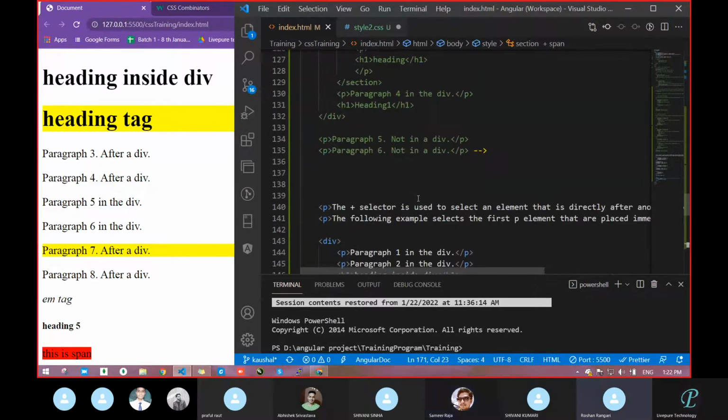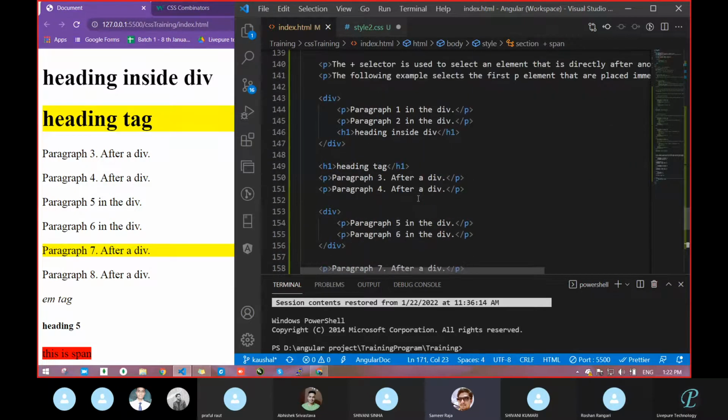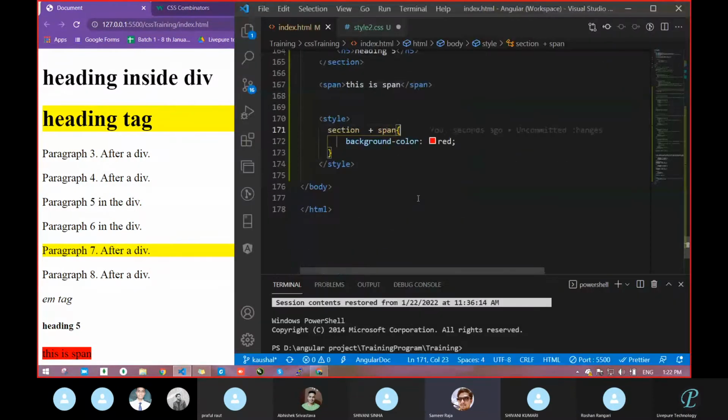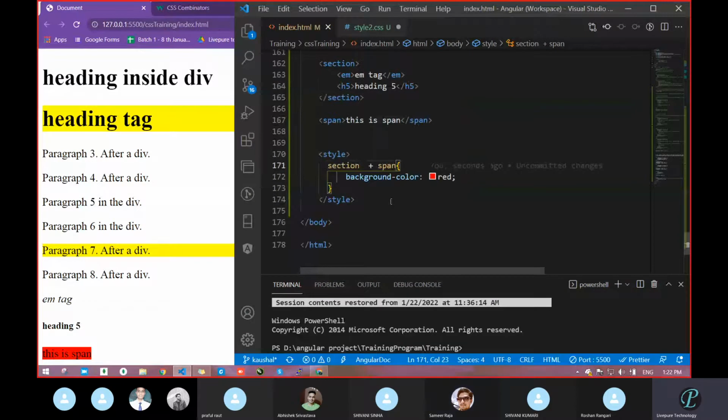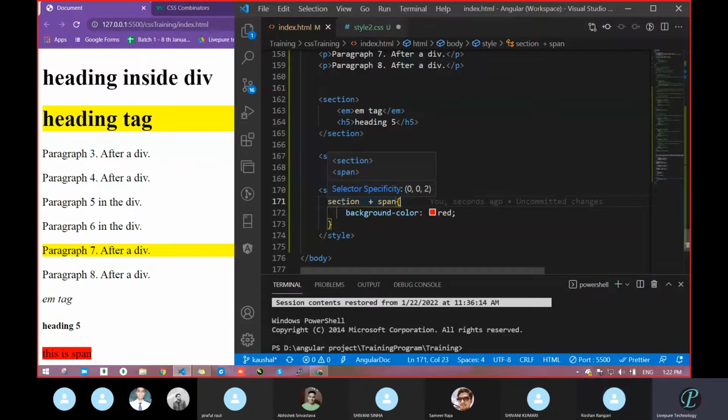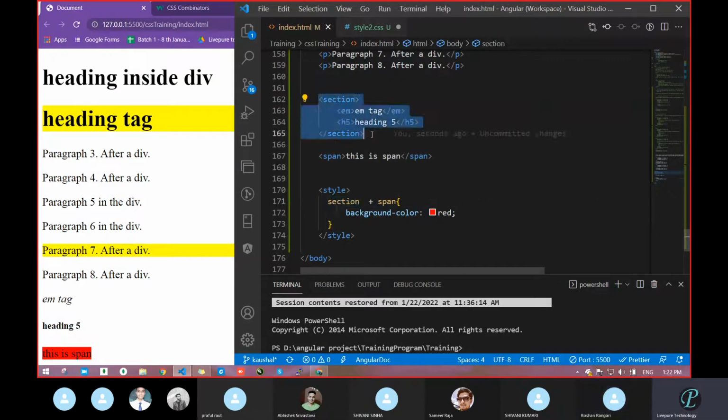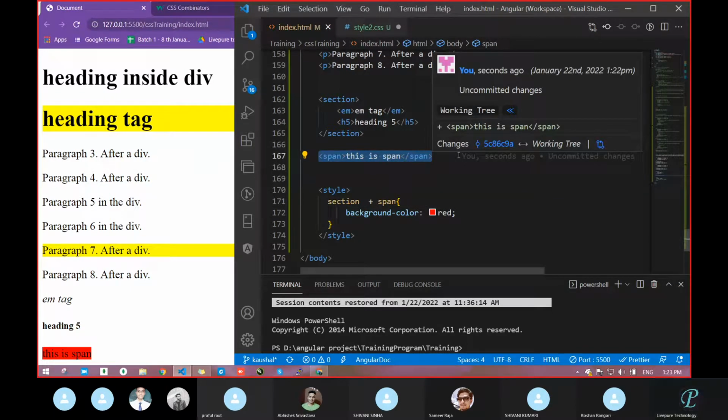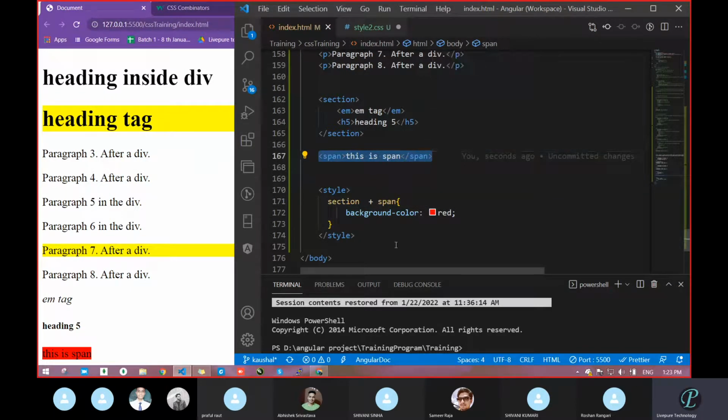Sir, because for that particular sibling, we are going to apply it. So now it's clear or not? What we had done: we had ignored this section. Where we had applied with the help of plus, we had identified that one, and we applied on the span. So that's why we had passed this one. The same thing we can do with a particular span also. But you know when it will be useful.